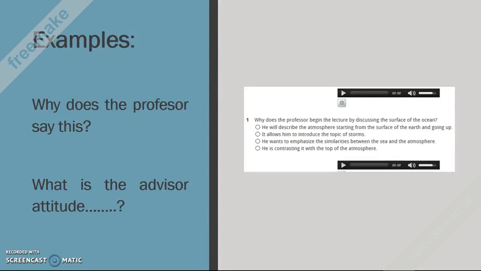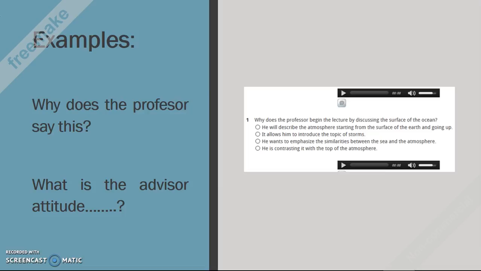Okay, some examples are, for example, the question always starts with, why does the professor say this? Or what is the advisor's attitude? Okay, this is one example from the TOEFL iBT test. Why does the professor begin the lecture by discussing the surface of the ocean? Okay, so after that, we have to choose one of the correct answers based on the notes that we take